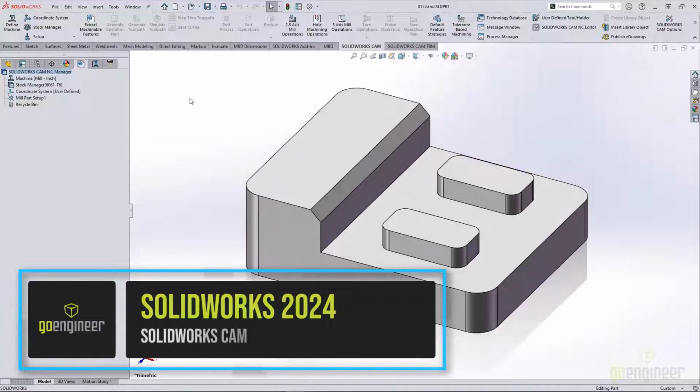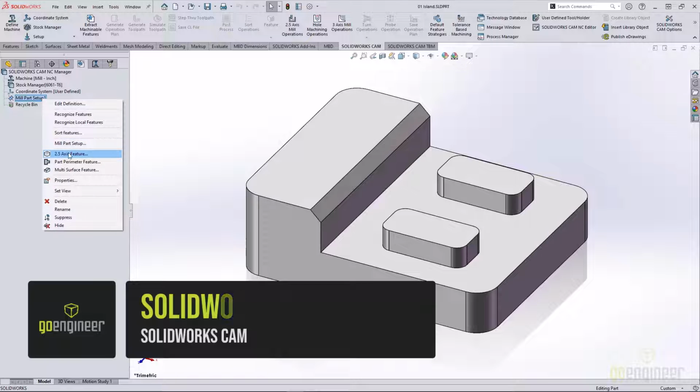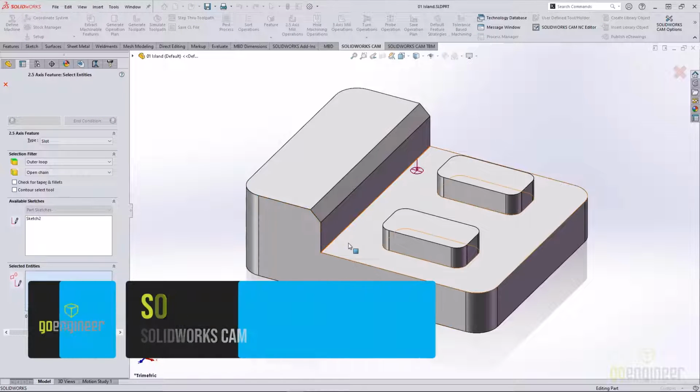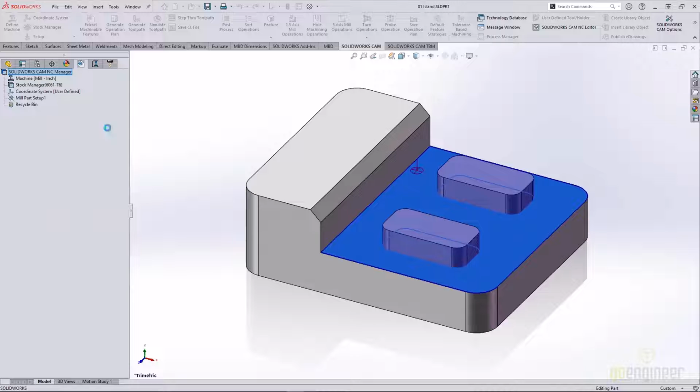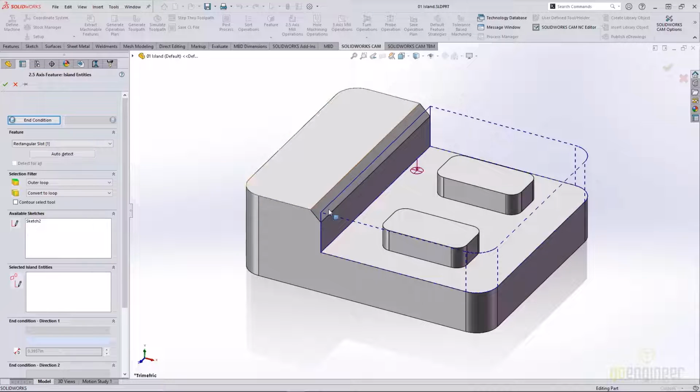What's new in SOLIDWORKS CAM 2024, we'll take a dive into the latest enhancements to simplify your CNC machining setup. However, astute observers may have seen these changes in later service packs of SOLIDWORKS 2023. In SOLIDWORKS 2024, we can now add materials on top of islands that are different heights than the 2.5 axis